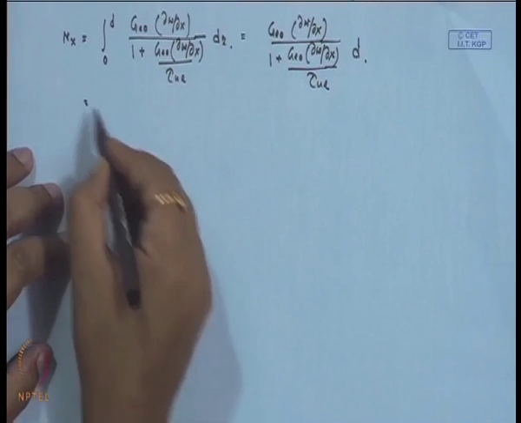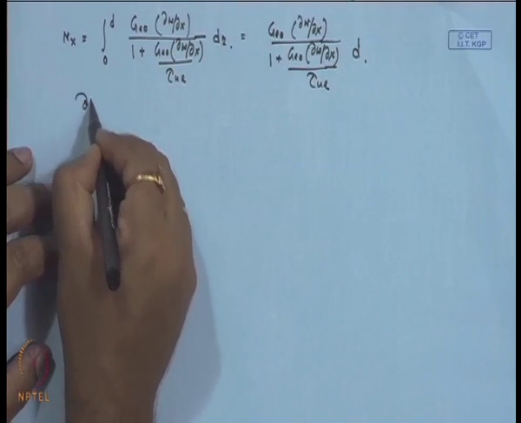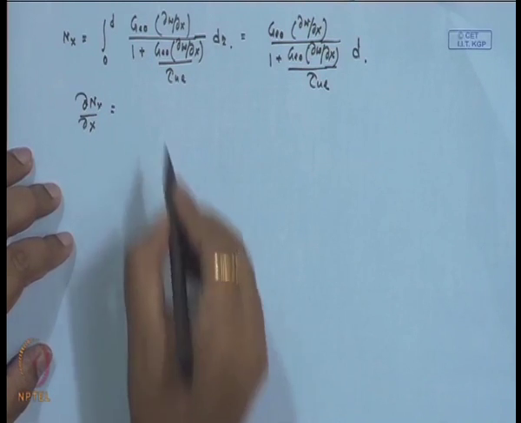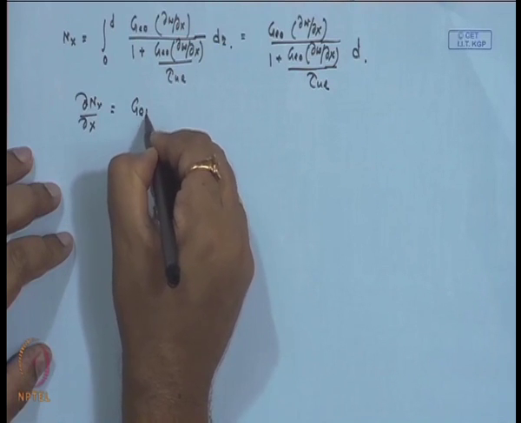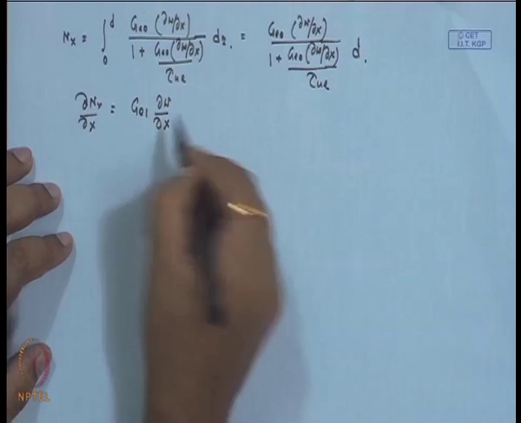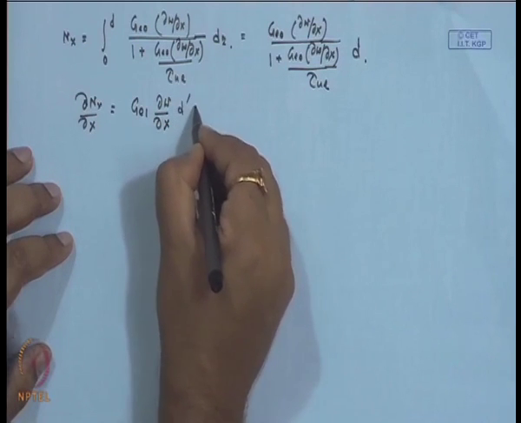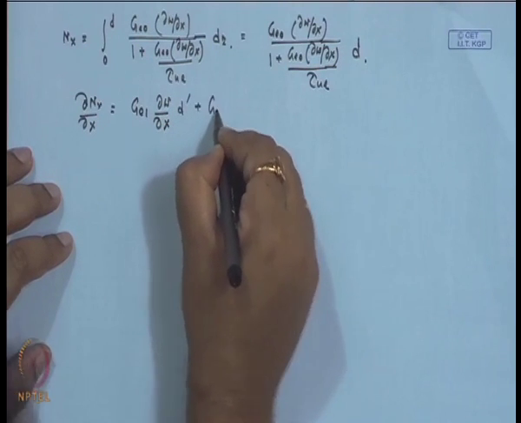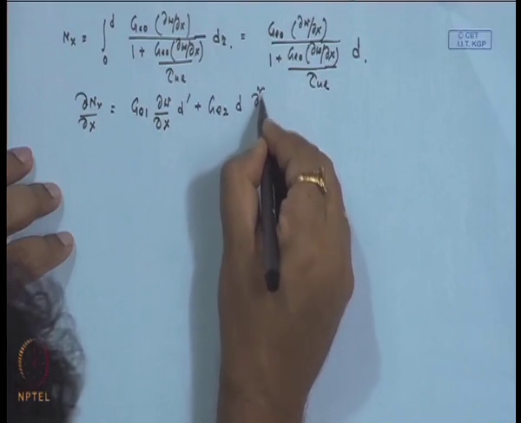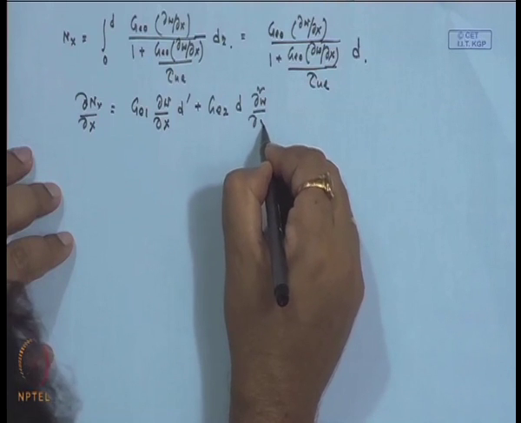Now, again del N x by del x will give G e 1 del w del x d dash plus G e 2 into d del 2 w del x square,